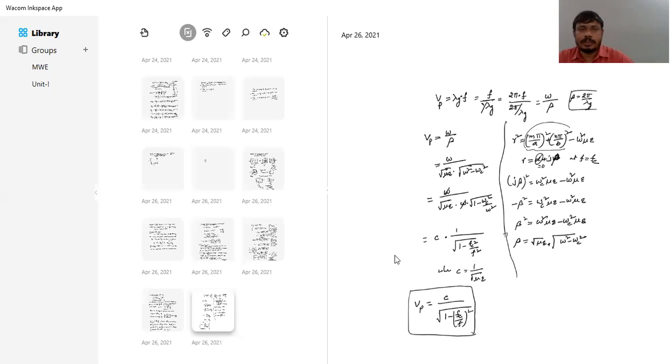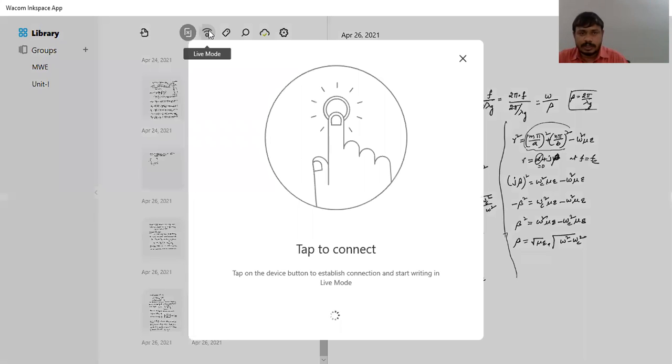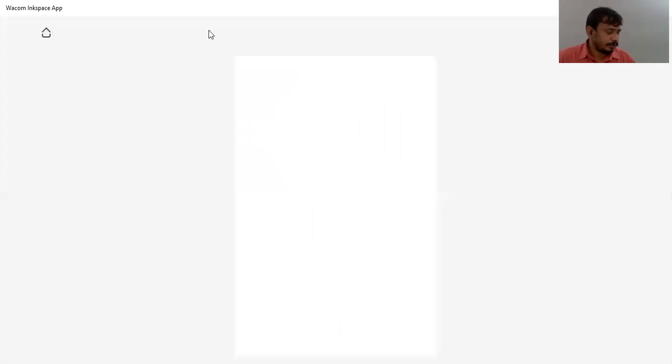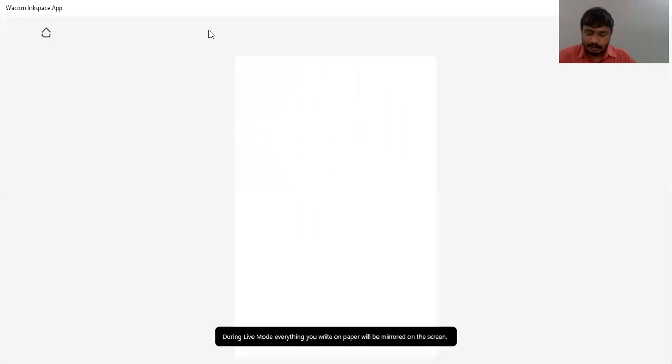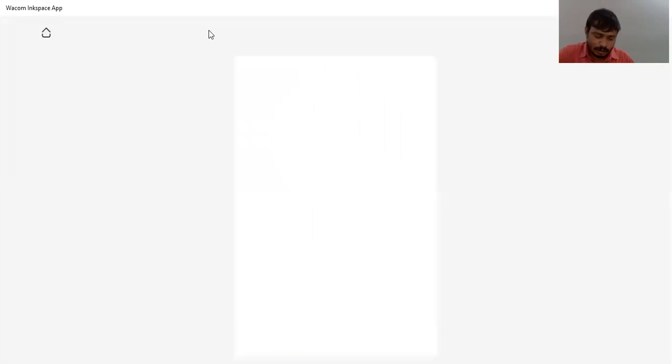Okay, so now we go for the next one. What is the next one now? That is the group velocity. We go for the group velocity. Okay, so now group velocity, Vg. So what is the group velocity? It is defined as